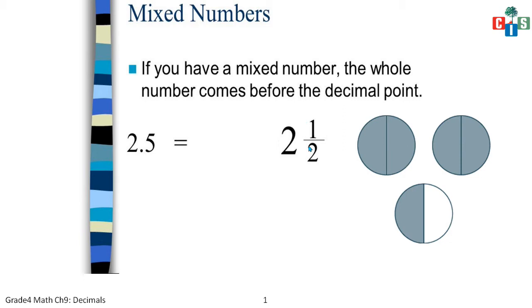Now this mixed fraction can be written as 2.5 also. Now what is this 2.5? This is an example of a decimal. Why is it an example of a decimal? Because it has a decimal point in between the numbers. This point you can see, kids. This is an example of decimal numbers. So fractions are related to decimal numbers and decimal numbers are related to fractions. That we will see in the later part of the chapter.